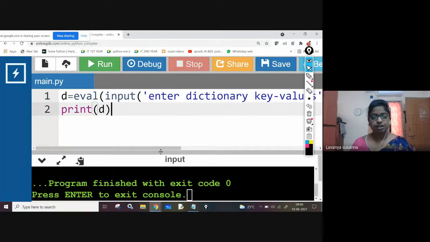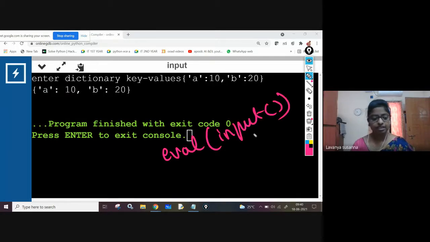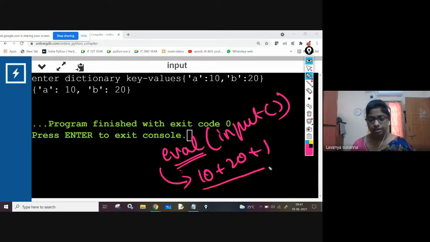For example, if you are entering some values like 10 plus 20, you are using the eval function like this, with some input given. Once again, just a recap: what is the use of the eval function? For example, the input you are giving is 10 plus 20 plus 1. You have entered some expression, and it will understand that and give the expression's value.